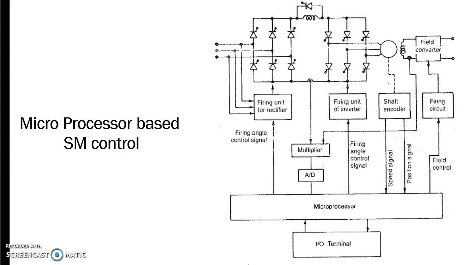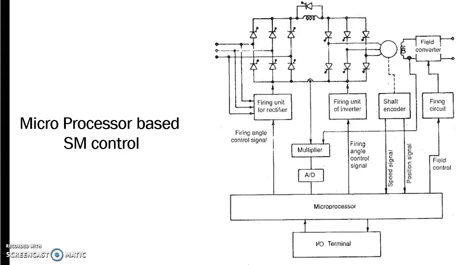For the case of a permanent magnet synchronous motor drive system also, microprocessor control offers several additional features, principally improving the performance of the system in terms of its reliability, versatility of the controller, reduced components, and reduced development and manufacturing cost. So all these things are advantages of electronic based controllers.